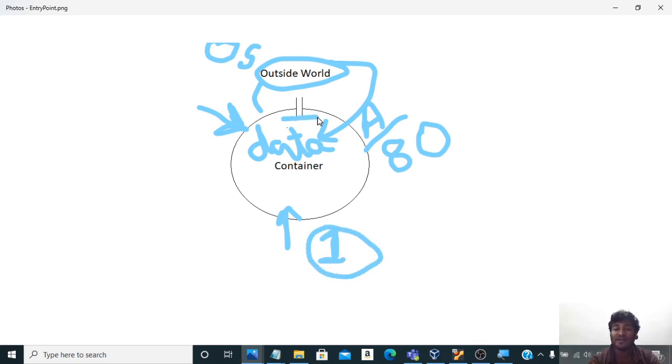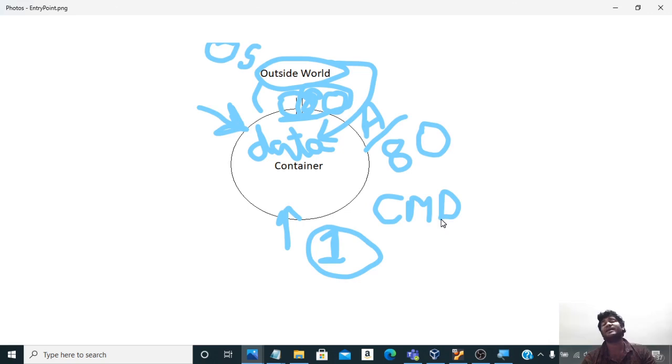This is the entry point. This entry point is always defined by a port or a service. So Apache is a service, which runs on port 80. So we will expose port 80 and make this the entry point. Whatever runs Apache will be the entry point. So anyone from the outside world cannot talk to any process or system running inside the container other than Apache. This is what it means, and this is what is defined by these two statements, CMD and ENTRYPOINT.